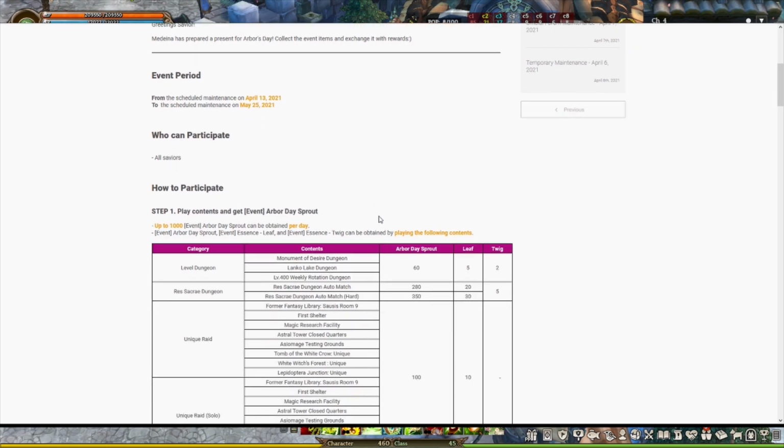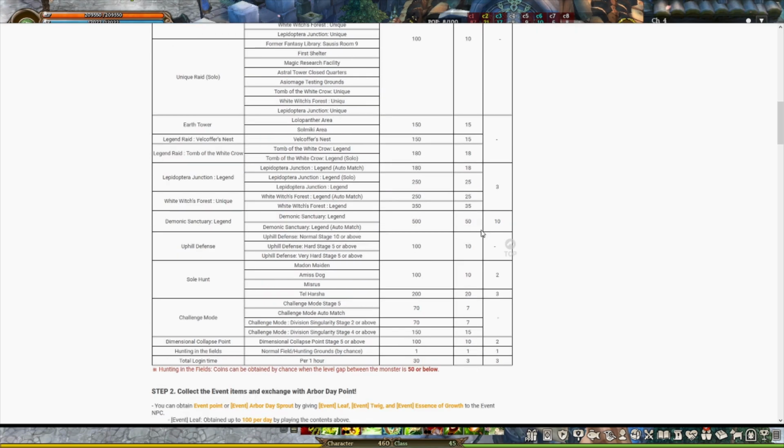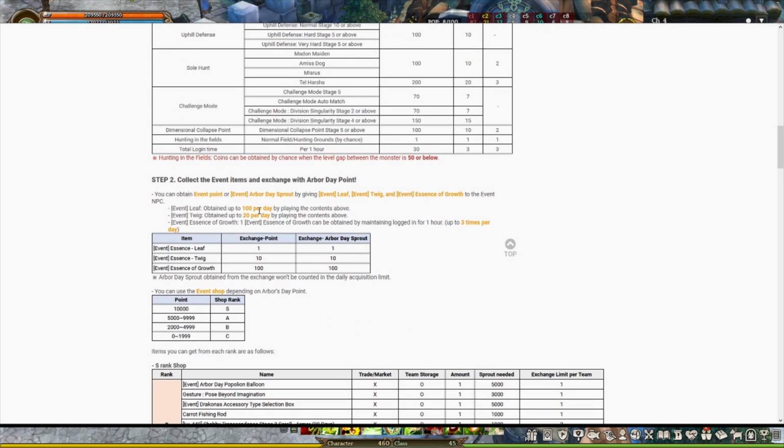The next thing is that there are a few items that you need to look into. The first one is going to be the Arbor Day Sprout, which you can get up to 1,000 a day. There's the leaf and the twig. The leaf can only be obtained 100 a day, and then the twig can be obtained 20 a day. There is one more hidden item that is going to be the Essence of Growth. Now, for the Essence of Growth, you can only obtain 3 times a day, and that is going to be